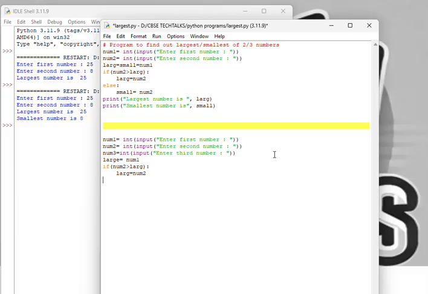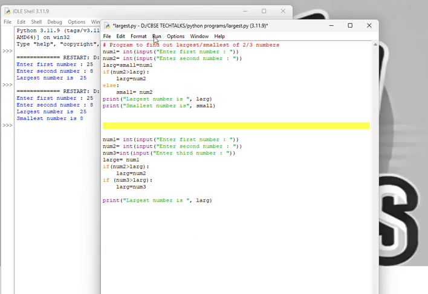Now this is just checked and this has nothing to do with the other one. Now if num3 is greater than large, what will happen? Num3 is the largest one, and we can display the same statement. I'm copying it because we can easily copy here, not an issue.